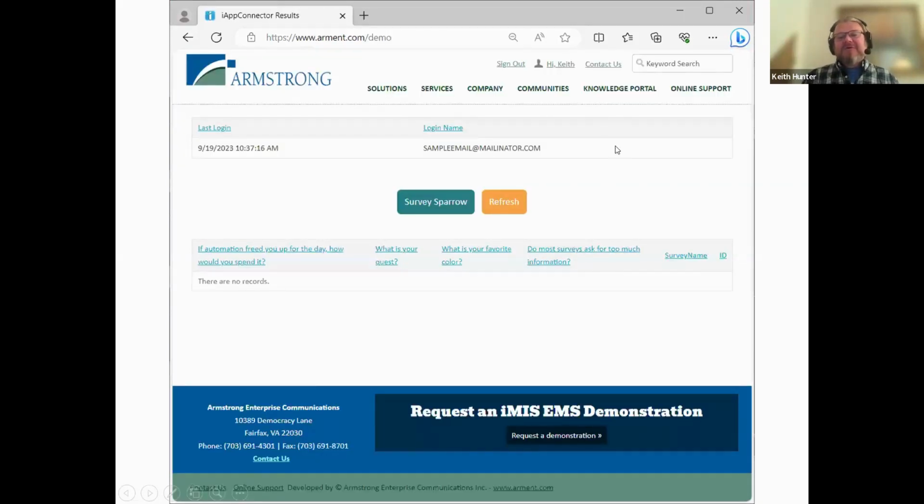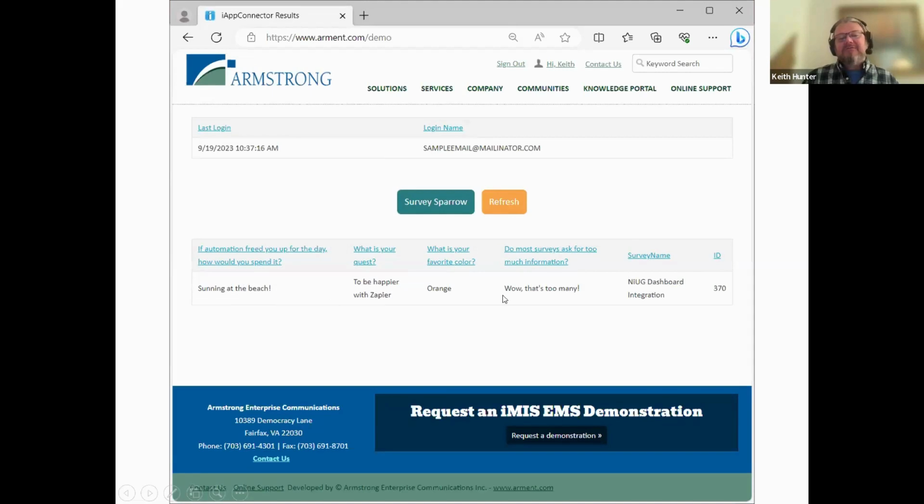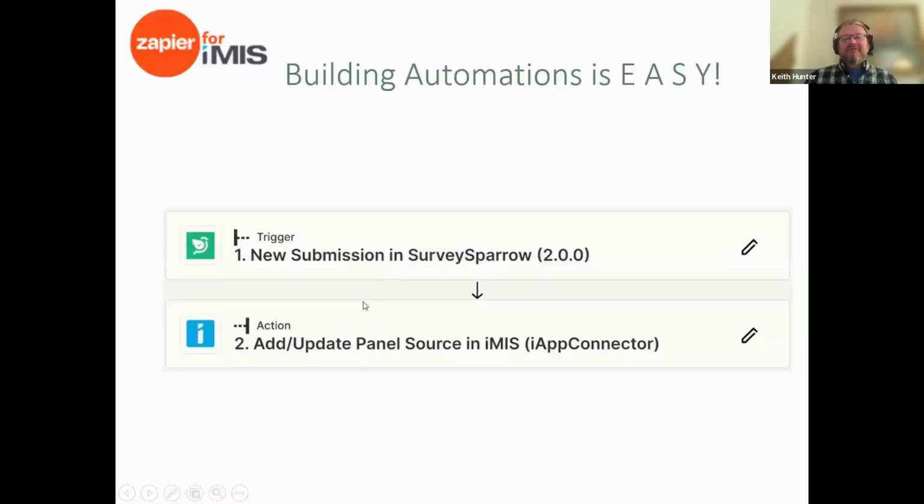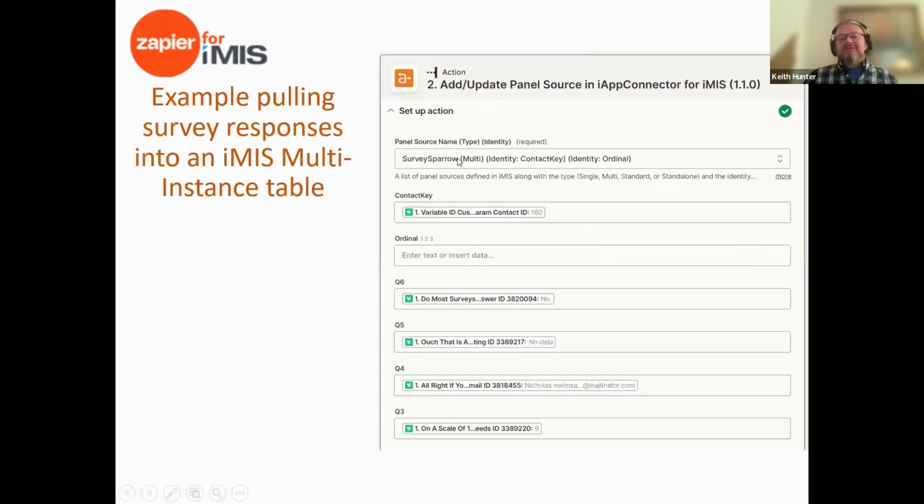Now, when I finish my survey, I come back to this dashboard, and what you'll see is your login time is shown here because the trigger has already performed that action. But it probably hasn't written your survey back to iMIS yet. So you're going to have to wait a minute, press refresh, may have to press it a couple times, and then your results will come through. And you'll see this integrating multiple apps. It's very easy. We've got a two-step app. When a new submission is done, we update the iMIS panel source. And if I edit that, you can see here's the data coming from Survey Sparrow going right into my multi-instance